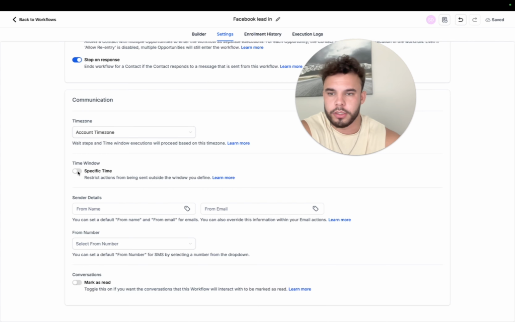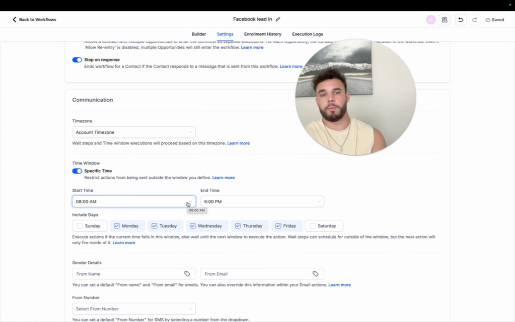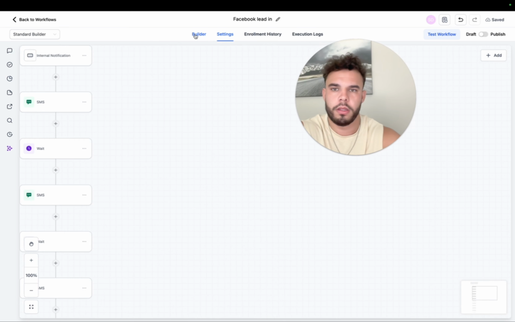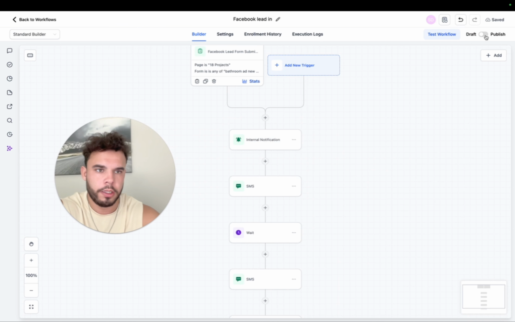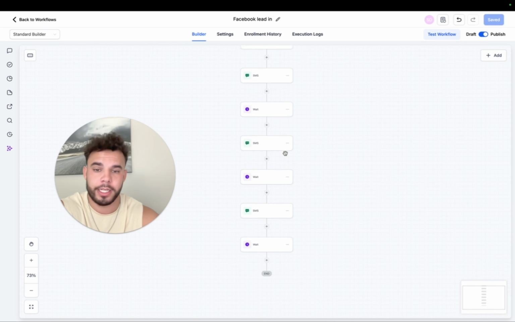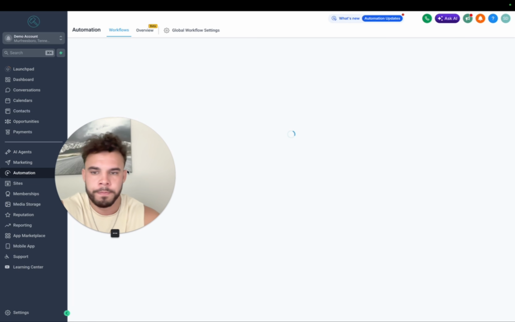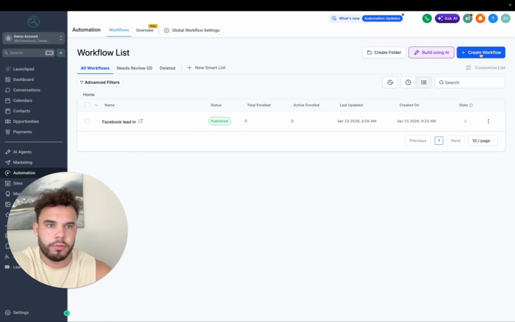Another thing too is you want to have time windows. So do it from whatever time your business is open. That way, the lead's not getting sent a text every single night if they filled out the form at like 1 in the morning. And then you're going to want to publish the workflow and save it. So that's the first step. We're actually going to come back in here and add another step to add them to the email nurture sequence. So I'm going to show you really quickly